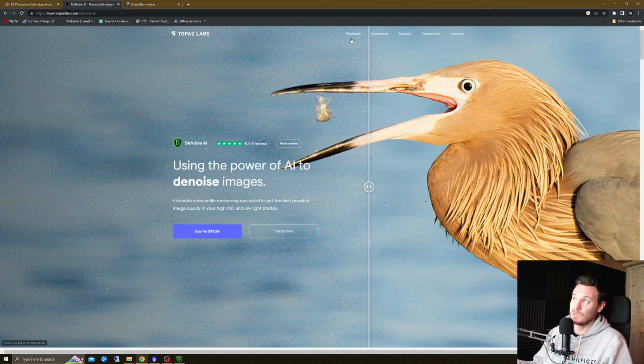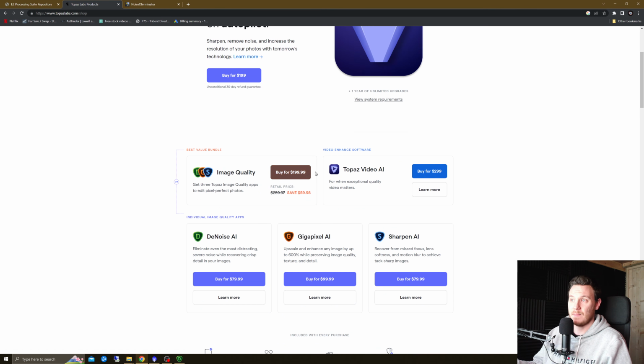$79.99. You can also buy it as part of an entire package, the image quality bundle, which is actually how I bought the entire thing for $199.99. And my ratings for this in terms of price, I think it's about a 7 out of 10 if